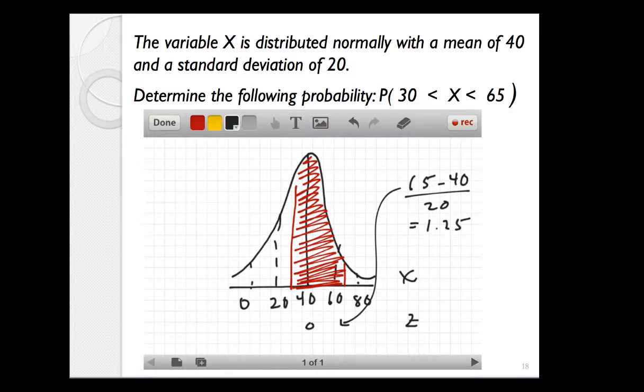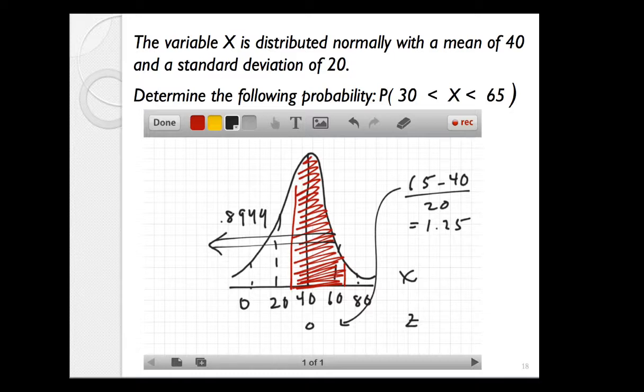And I go to the z-table. I encourage you to do so. And if I go to the z-table, I'll find that the area to the left of 1.25, all of this, is 0.8944. Okay, we don't need that entire area because we have to subtract the area to the left of the first